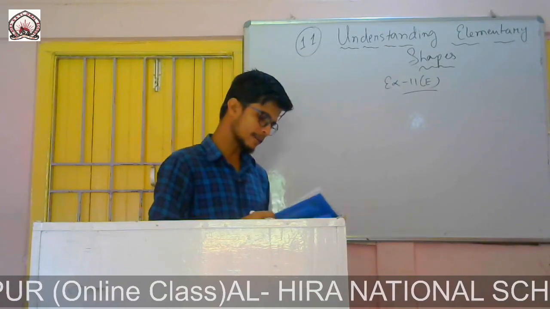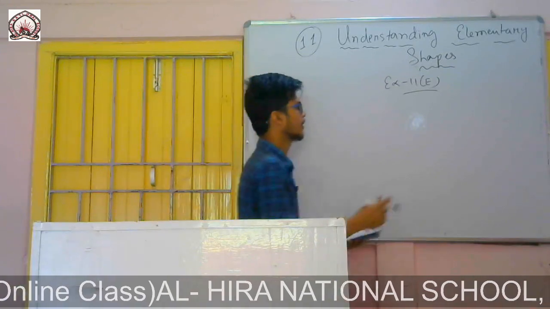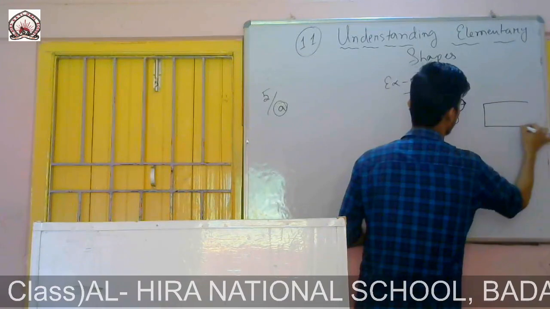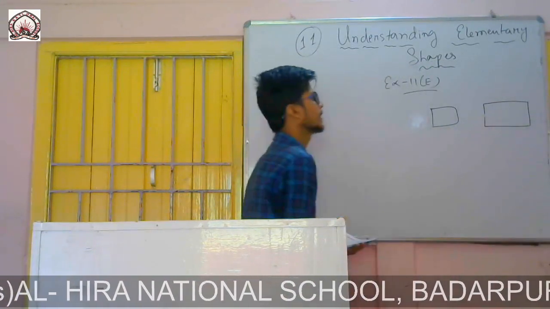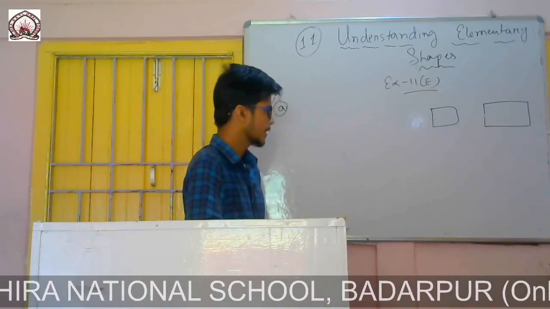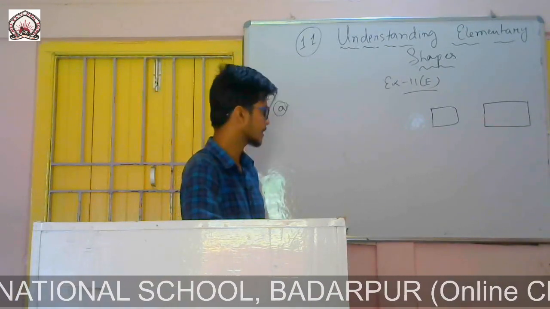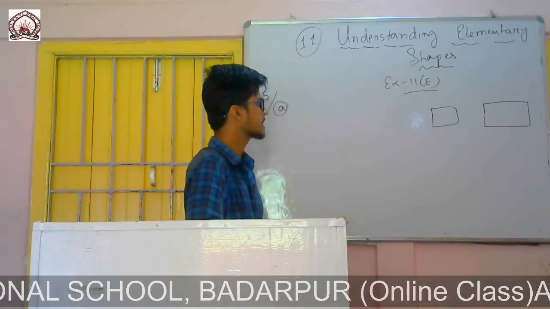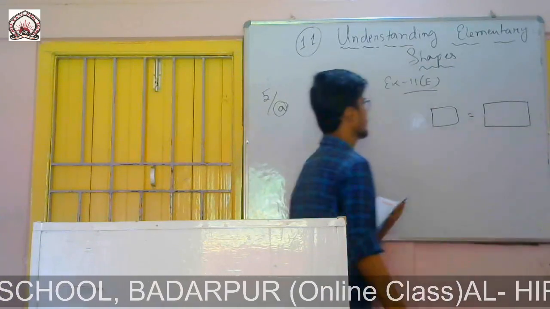A square can be thought of as a special rectangle. So this is a square, this is a rectangle. In a square, all the four sides are equal. In case of rectangle, only the length and breadth, the opposite sides are equal. In case of square, all the angles are 90 degree. In case of rectangle also, all the angles are 90. The question is that a square can be thought of as a special rectangle. So I can think of the square as a special type of rectangle.